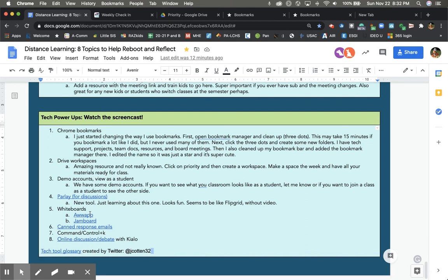Okay, demo accounts. So we have several demo accounts like Peter Pan and Mickey Mouse and some other things that we've created that are Gmail accounts. And if you're trying to prep something as a teacher and you want to see how it may look, just message me and we could give you access to that account. Then you can see things from the student side. So we have them made for elementary, middle, and high school students. But also if you wanted to see